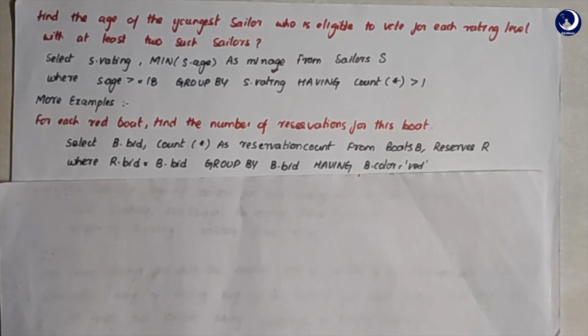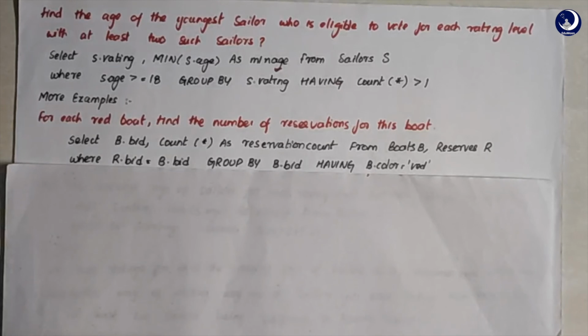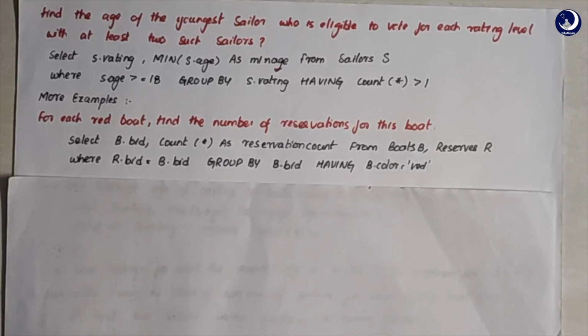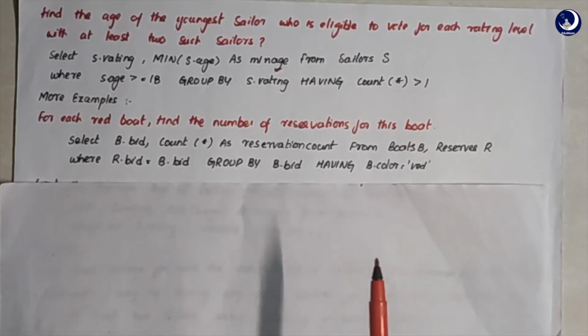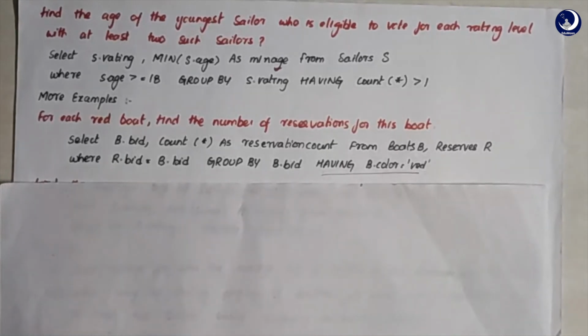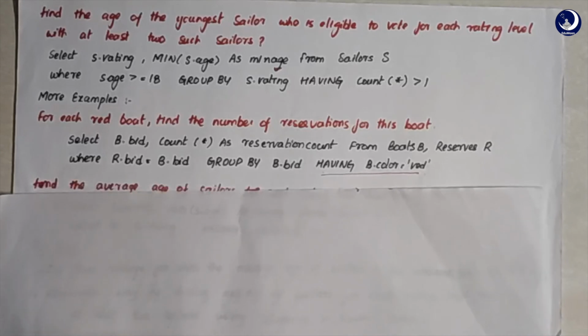But guys, remember one thing, you can only use in the having clause the columns that are present in the group by. That means the having clause can have only the column names that are present in the group by, because it is used to apply conditions on the values in the grouping list. So this query is not accepted by the database because the having clause is using another attribute which is not present in the group by. I just showed this example to highlight that you should not use any other columns unless you have that particular column in your grouping list in the group by clause, right? So let's look at a few more examples.